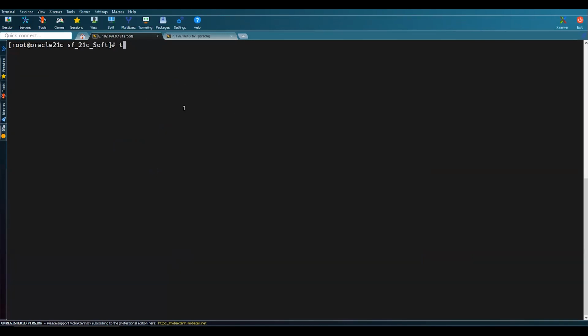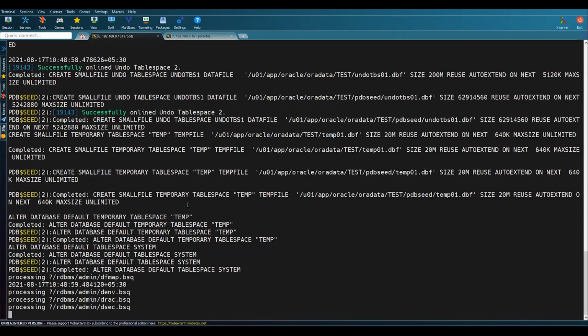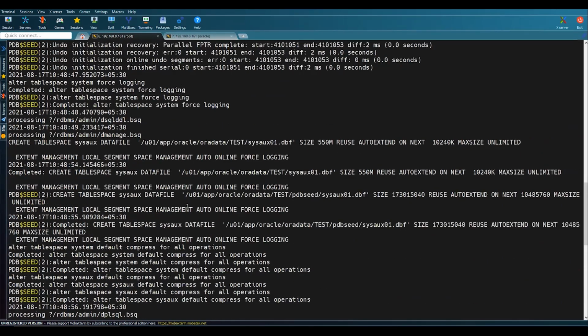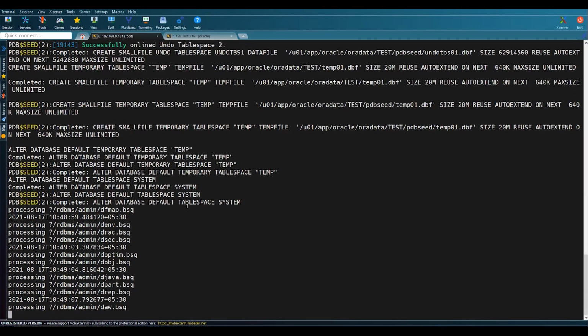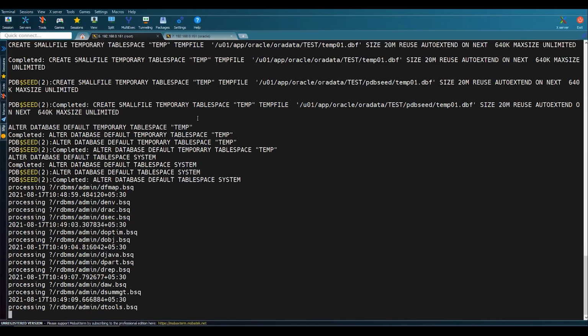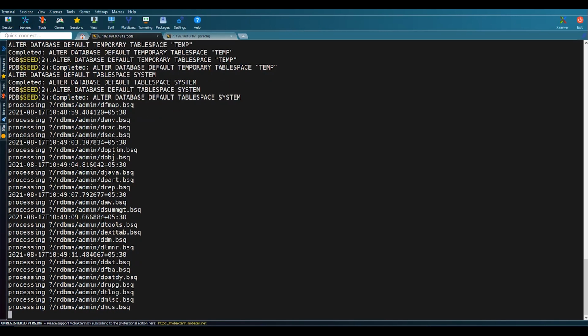So let me just go to the... basically this is copying from a predefined template. It is creating a database structure based upon the input that I have already provided. This is going to have one PDB along with a root container database.